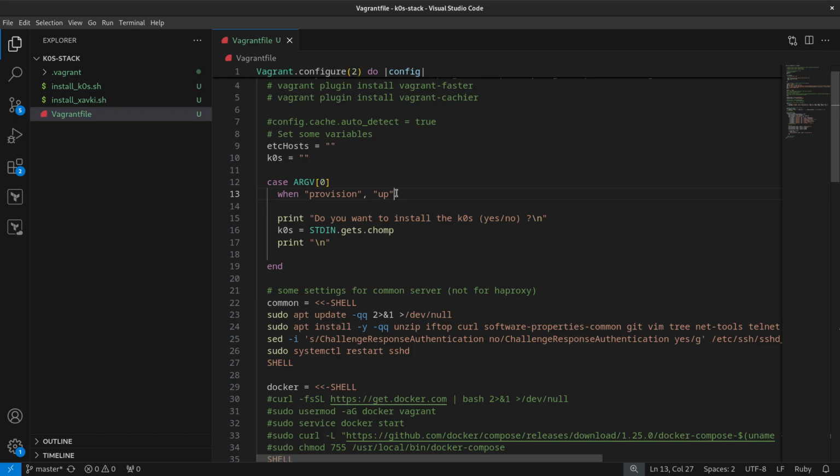And for example, if you want to just use this case and run something when we handle a destroy, you can do it like that, to say when destroy I want to run some stuff. I don't know what, but it is like that. And you have the provision or up command.